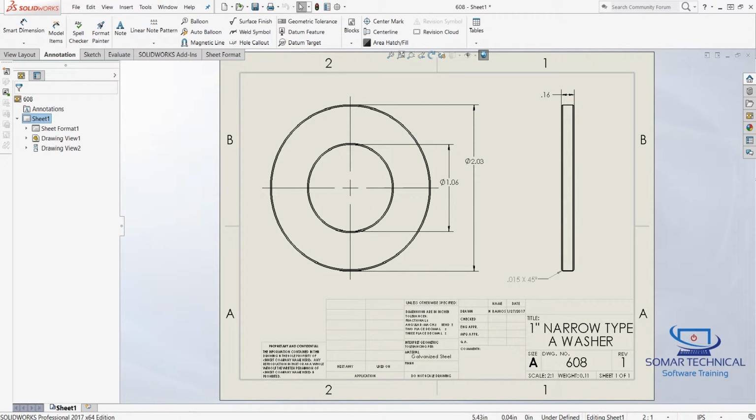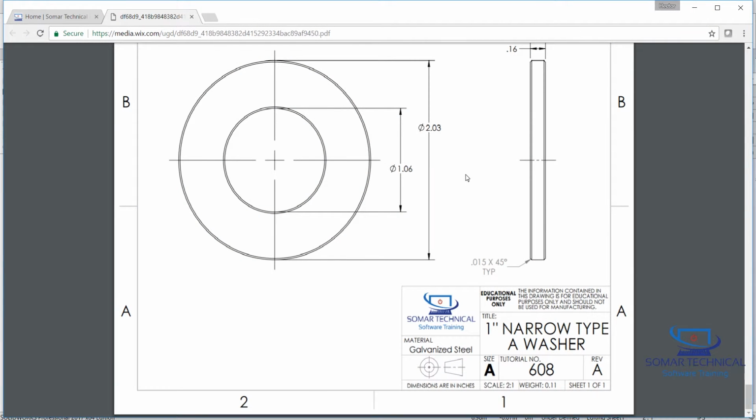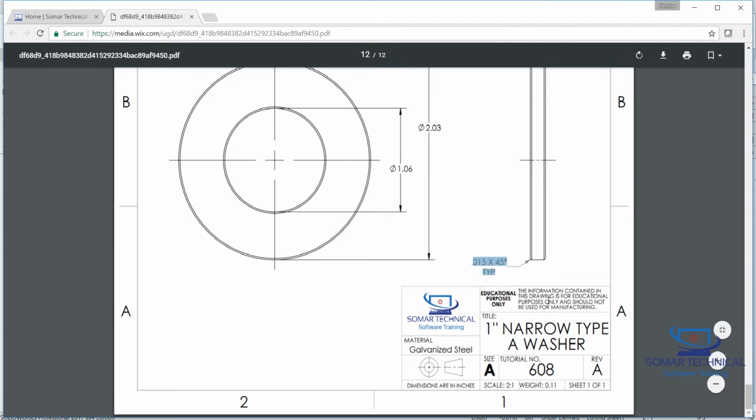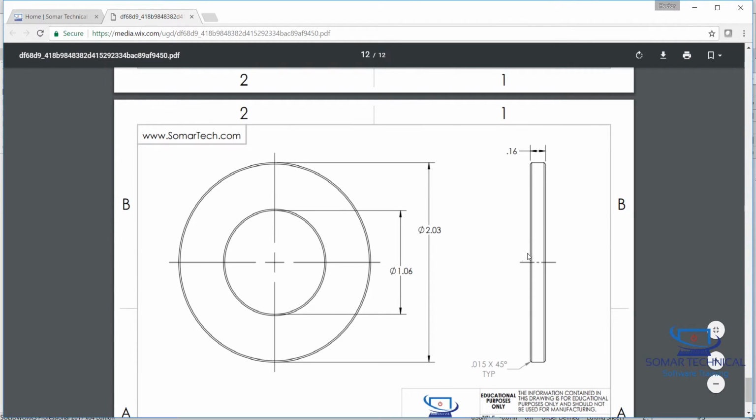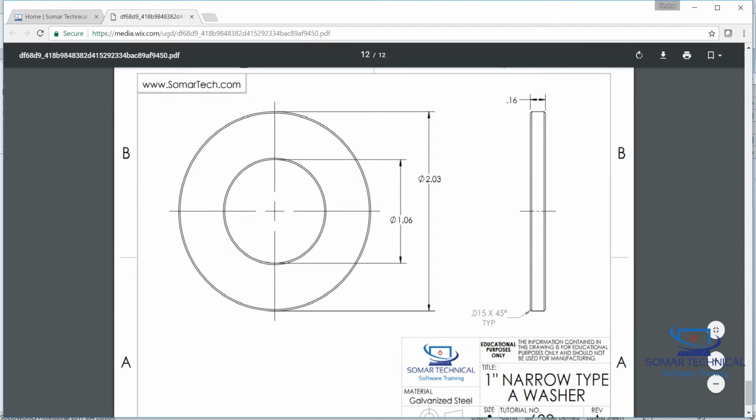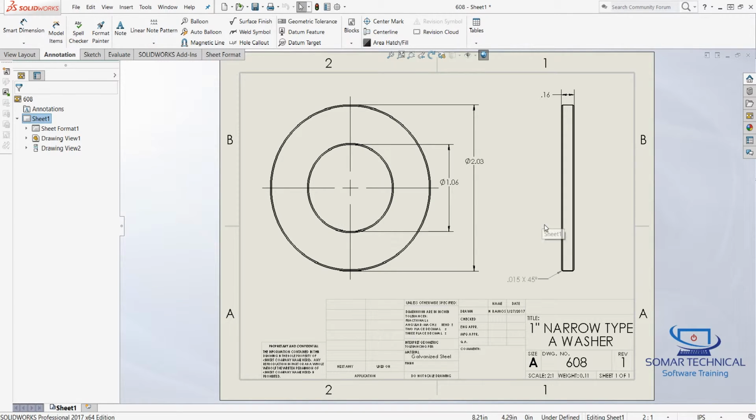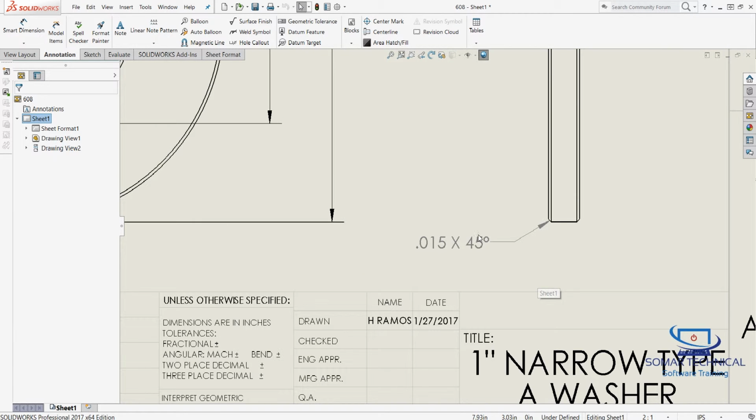Now, the only thing that we are missing, if we go back to the PDF, is "typical" that was included on this dimension right here. And we have a horizontal center line right there. So let's go ahead and do that. If you want to add text to a dimension, just click on it,